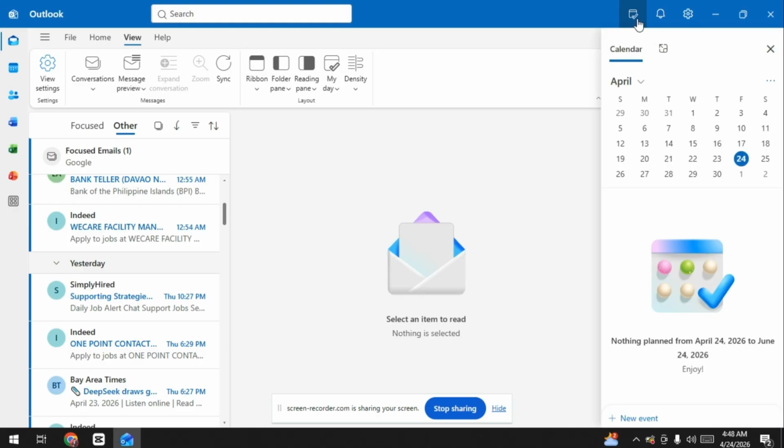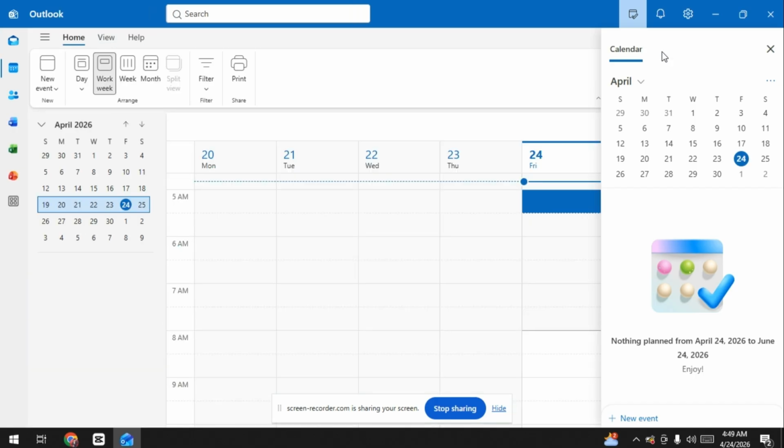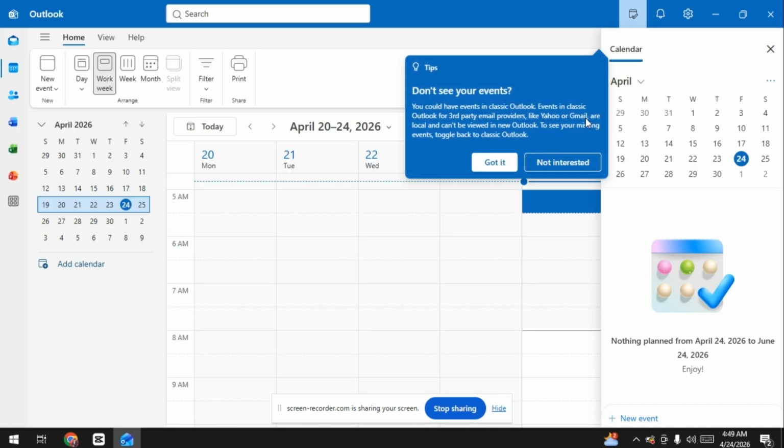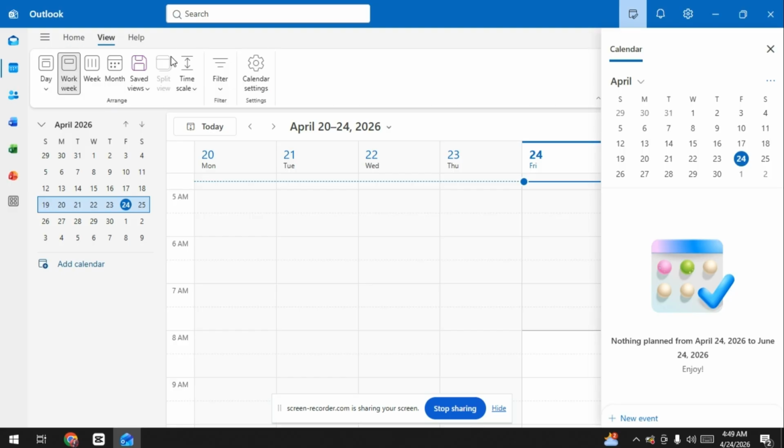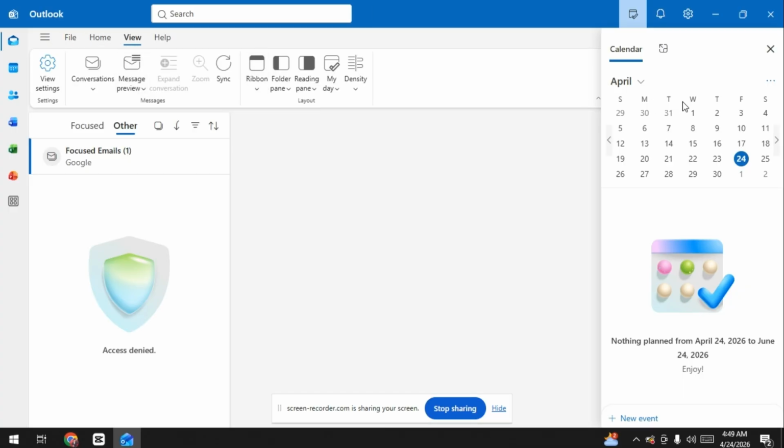Switch view briefly, and once you're inside the calendar, go to the top menu and find the option that says View. Then select Dock or To-Do bar, depending on your Outlook version, and enable the calendar preview so it appears on the side panel. Now, switch back to your mail view,